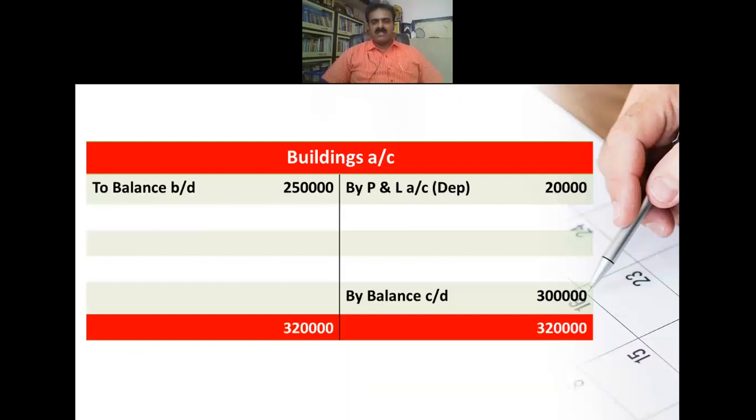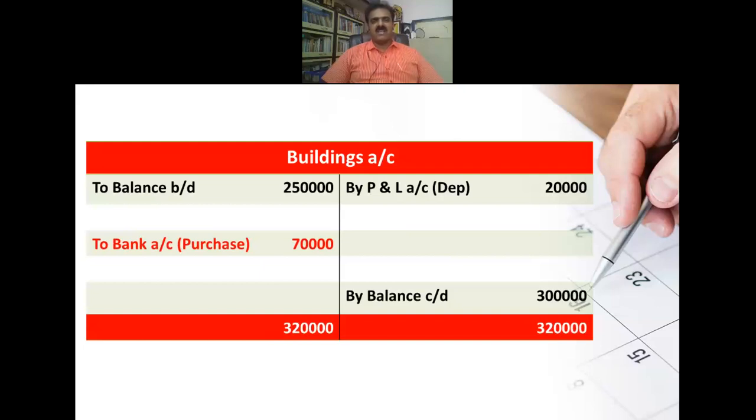Therefore, close the account. The total is 3 lakh 20,000. That is, the credit side is higher. Therefore, the balancing figure is on the debit side. That balancing figure is called purchase of buildings, 70,000 rupees. All purchase or application of funds and all sale of an asset is called sources of funds. Therefore, 70,000 rupees is the purchase of buildings.